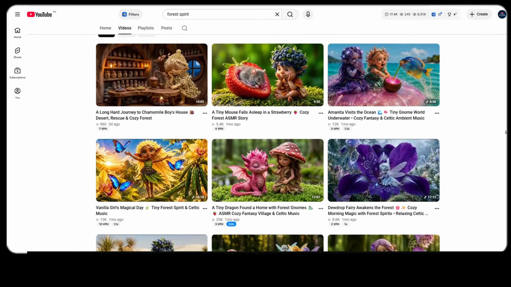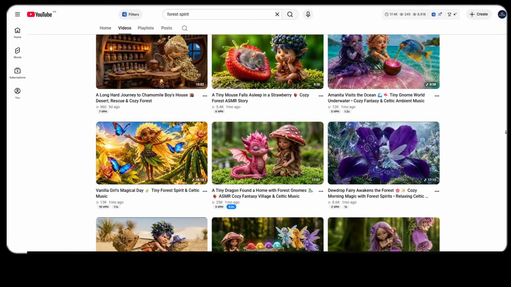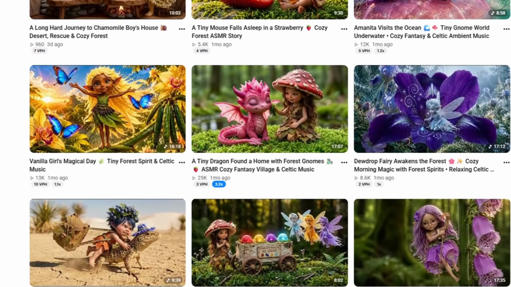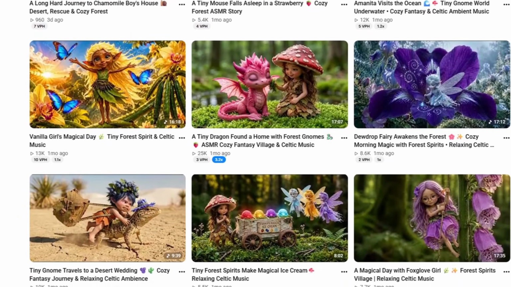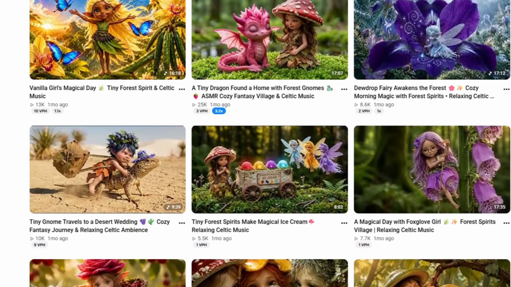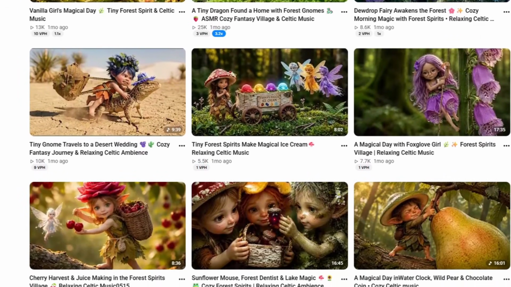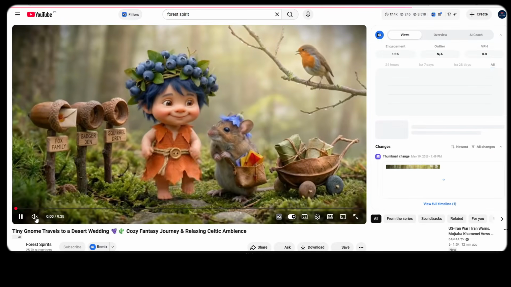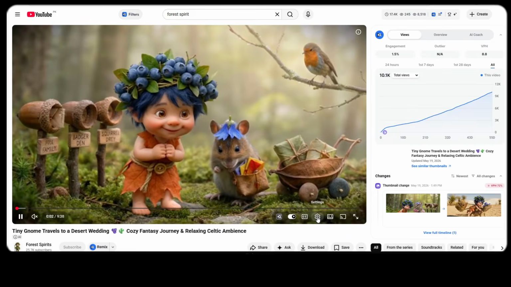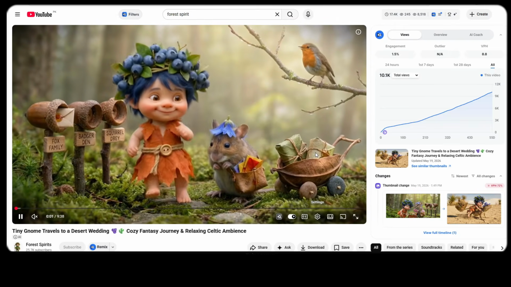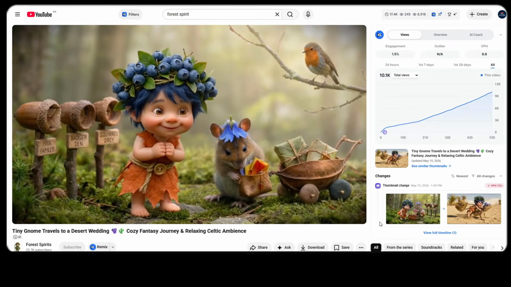They use the same adorable tiny character consistently in different fun and creative situations. There's no need for complicated editing, expensive software, or difficult animation skills. The videos are simple to make, highly engaging, and people love watching them. The best part? You can create this type of content completely free using AI tools. With just a little creativity and consistency, you can build a channel that has the potential to generate thousands of